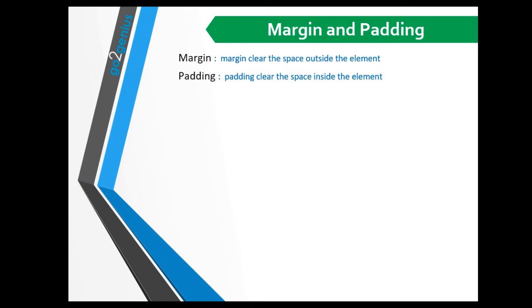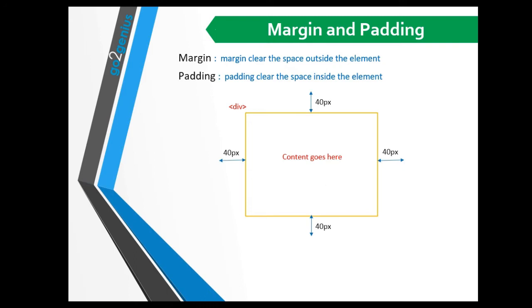So let's try to understand by an example. Here I have a div element and I want to move this div element from one side or any side. This div has some content. If you want to change the position of this div from any side, like the left hand side or from the top, then we will use the margin for that. For example, now I just want to move my element 40 pixel from the left hand side, then I will give the margin left 40 pixel. So my element will be shifted 40 pixel from the left hand side.